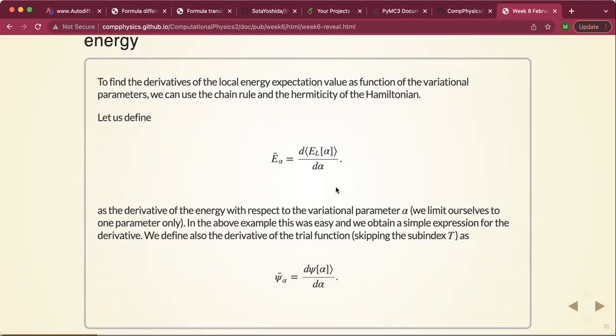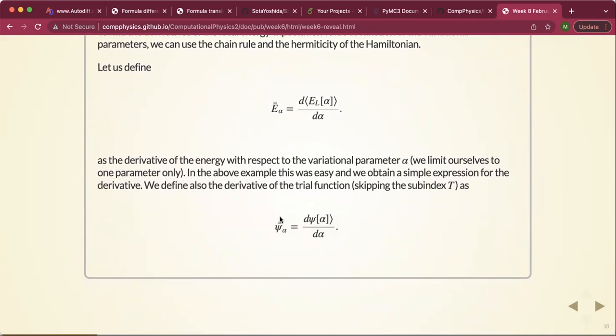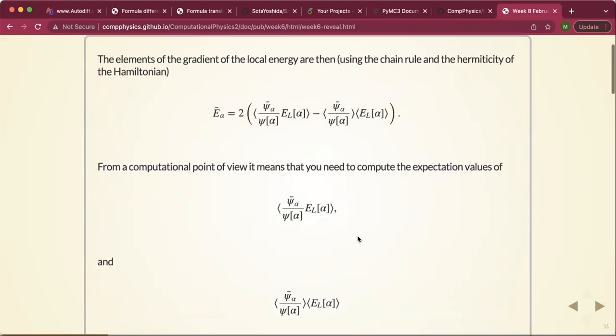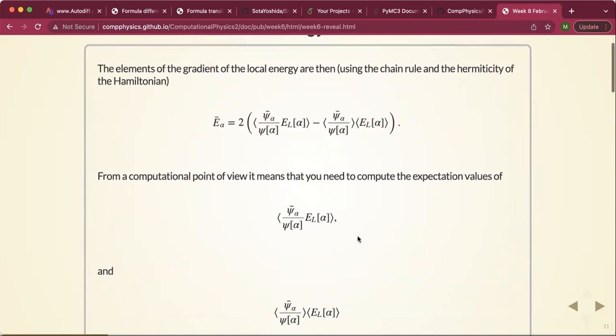And we defined two quantities last time. So one is the derivative of the local energy, which we want to optimize. And then in order to calculate this quantity, we needed also the derivative of the trial wave function with respect to the parameters alpha. So remember now that the parameter alpha enters the definition of the trial wave function. So when we take the derivative of the local energy, we're actually calculating the derivatives, amongst other things, of the trial wave function. So when we did that, what we ended up with is a total expression for the derivative,